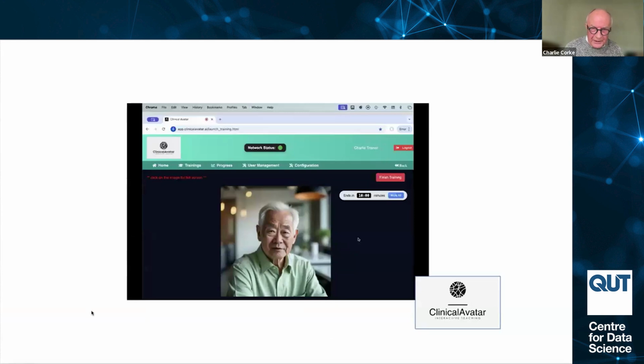And of course, the other thing is that it's really easy in AI to get it into other languages. I've got a talk to do in Thailand. They've got some really big problems about not withdrawing treatment that's ineffective in Thailand, and it's doing very bad things to their budget, their health budget. So this is an avatar I've just switched to Thai language, and he's been spoken to by a colleague of mine who's a Thai doctor. So it's very easy.